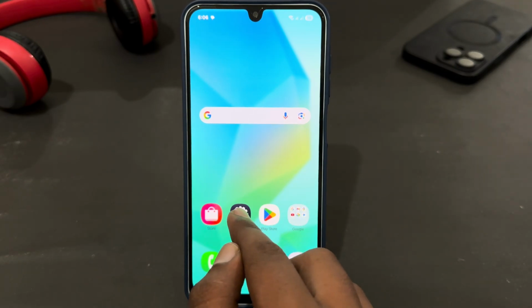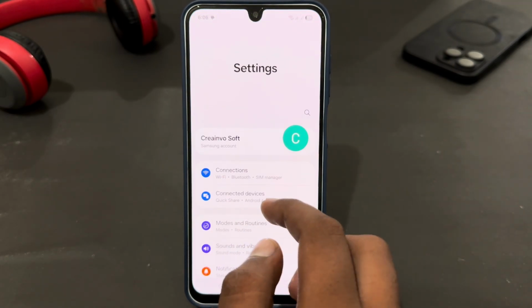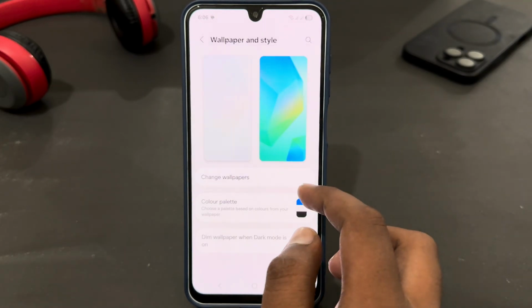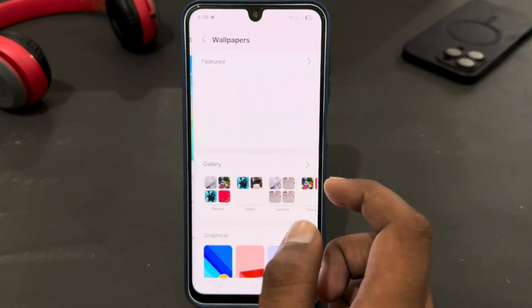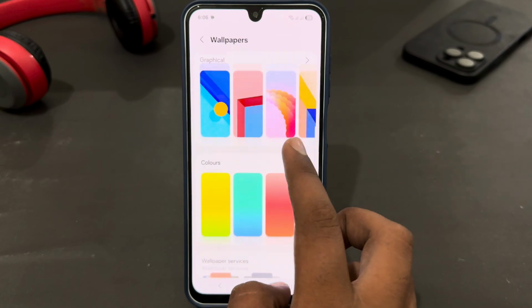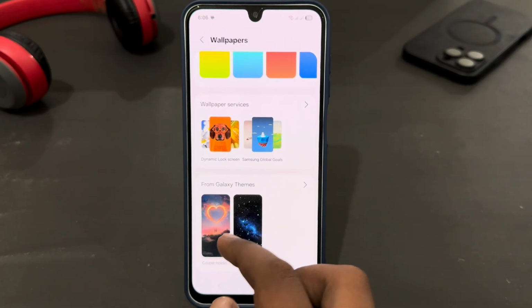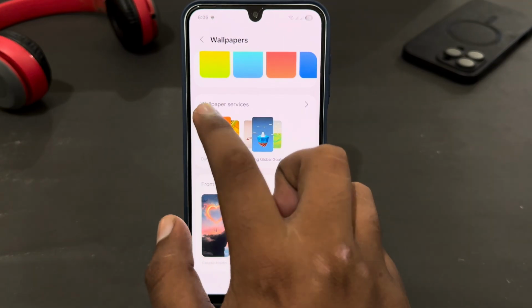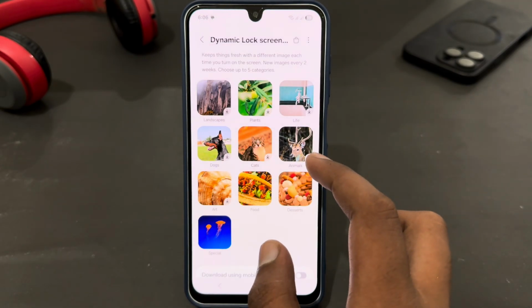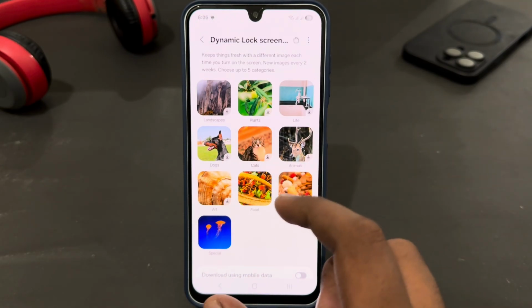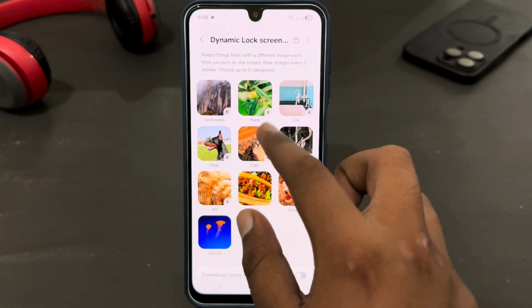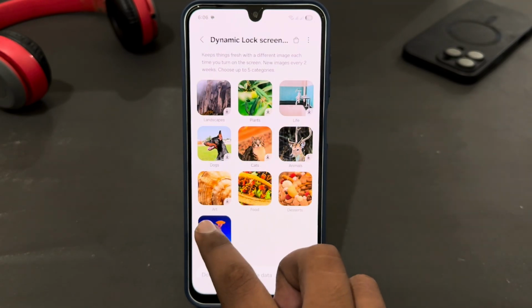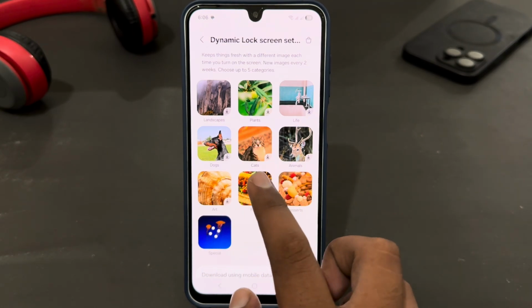You just have to open your settings and then go to wallpaper and style, and here just select change wallpapers. Once you have that, just scroll down and you will get from Galaxy themes or the dynamic lock screen option. You have to tap on dynamic lock screen, and here just select which category you want. As I'm going to select this one, just tap on it, and then you can easily